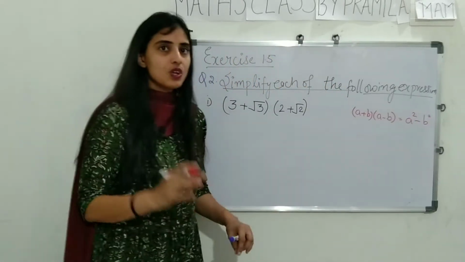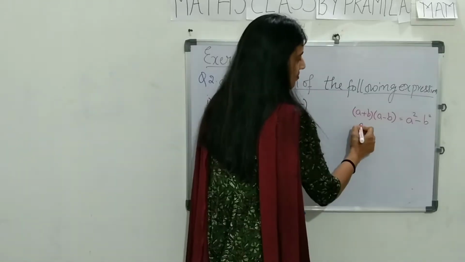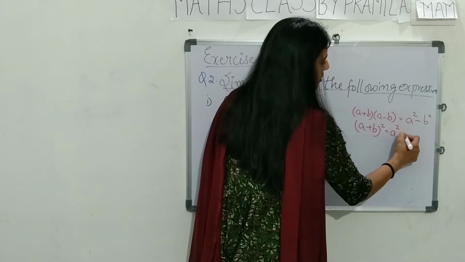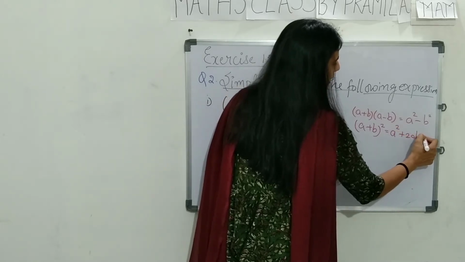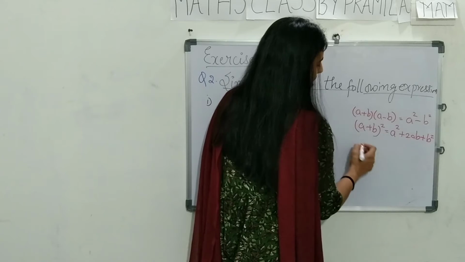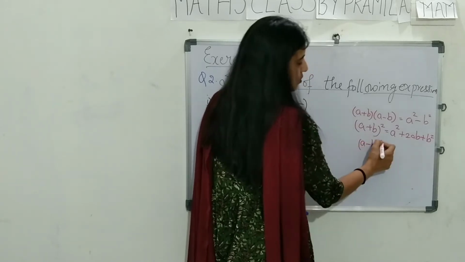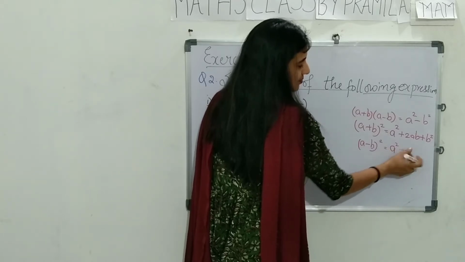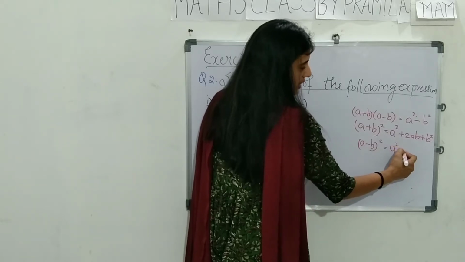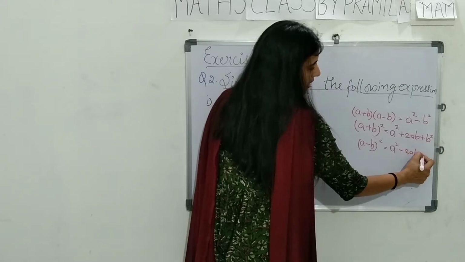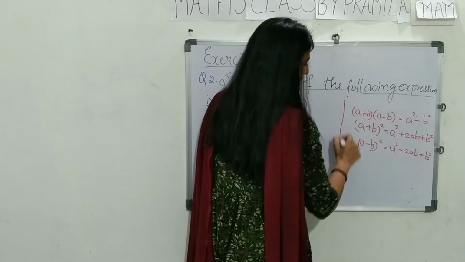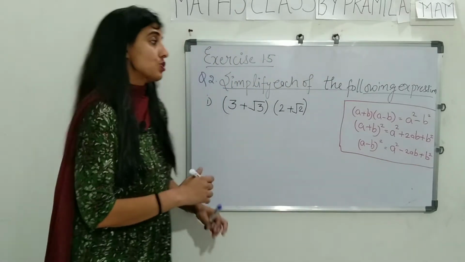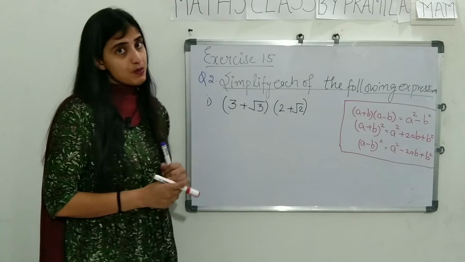These are the identities you have studied in your previous classes. (a plus b) whole square is a square plus 2ab plus b square, and (a minus b) whole square is a square minus 2ab plus b square. Are you clear? So these three identities we will try to use in these expressions. Okay,